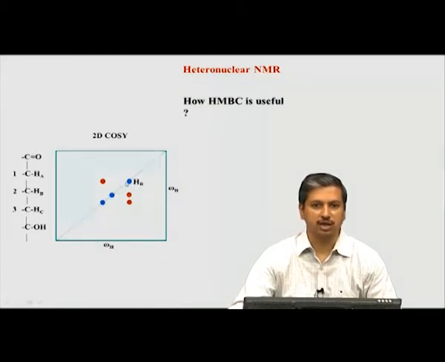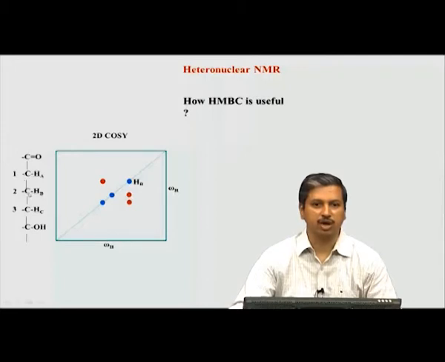So, let us say again we do not know exactly the values, but let us say that H beta, that H b, has a chemical shift here in the proton axis, and the other two, H a and H c, have theirs here. Okay. So, now according to the COSY principle, this H b will show correlation to both H c as well as H a, because H b is 3 bonds separated from H a.